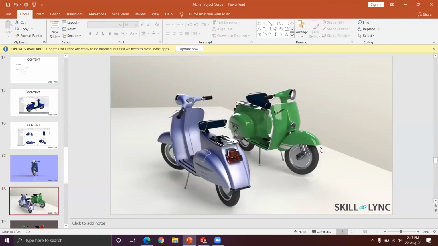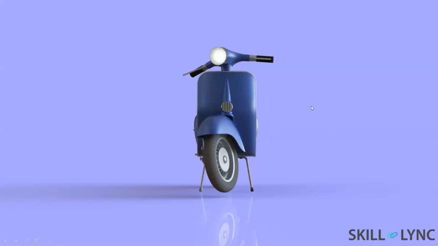This I have done in PhotoView 360 with some appearance like the color of the body and some environment conditions. As an environment, I have given a chosen color instead of giving an environment.